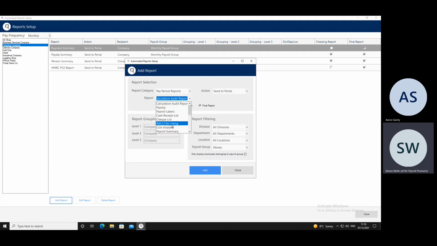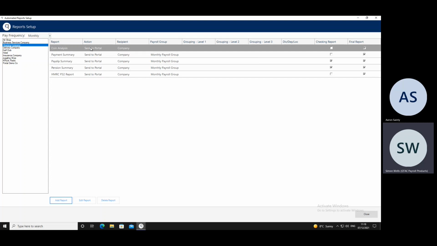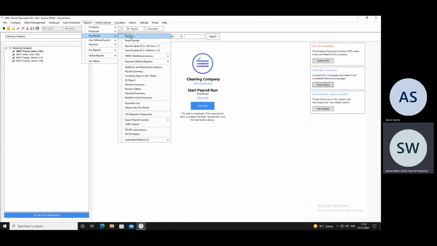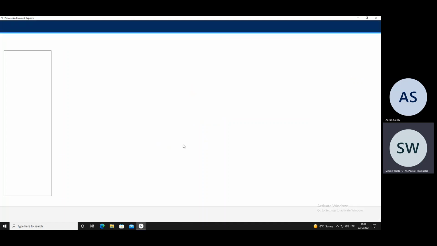Let's just say we want to add in a coin analysis, and we choose to upload that to the portal. We can add in that report, but I'll keep them as they were before. Once you've defined your reports, they're there and saved for you to use time and time again, which means that you can have different reports selected for different clients, meaning that when you're ready to process your reports, you can